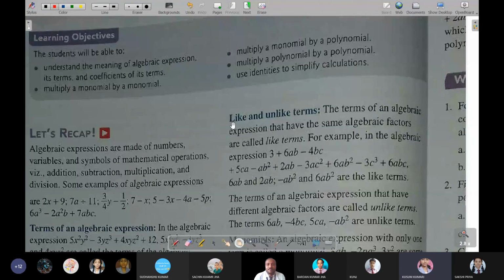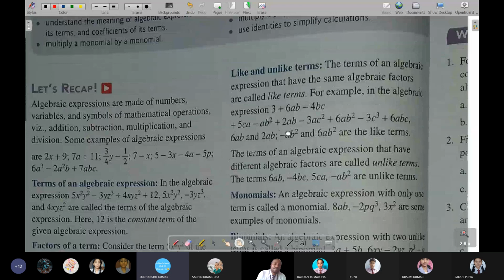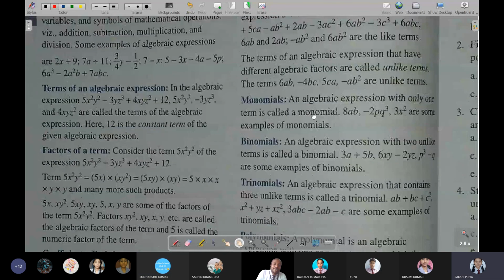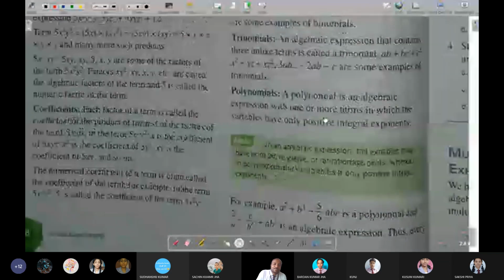The time has been completed, so we finish here. Sir, tomorrow you will explain this chapter's terms, no? So there are terms. Okay, you will be reading these terms also after completing this chapter 3.